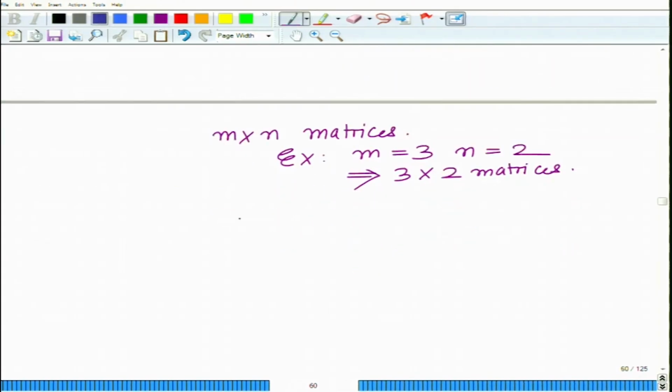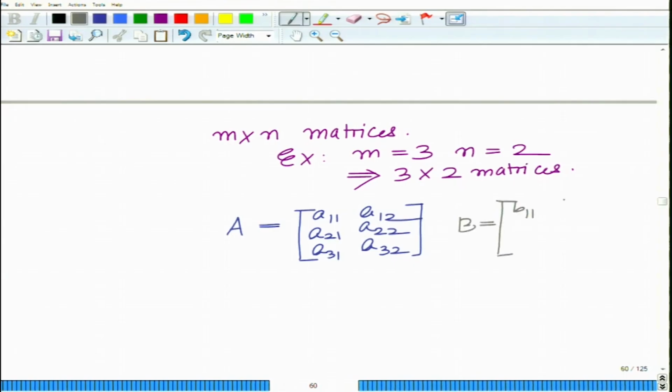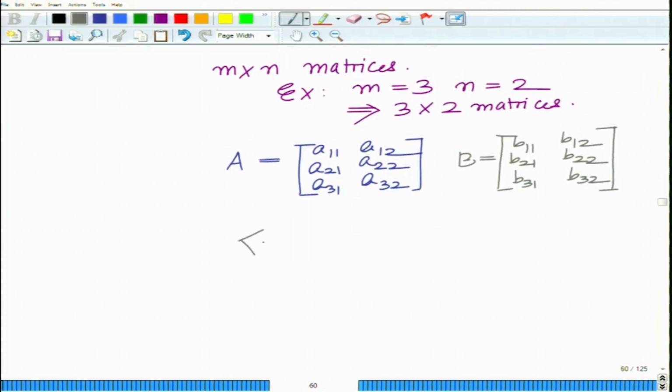For instance, the 3 cross 2 matrices are A equals A11, A12, A21, A22, A31, A32, and we have the matrix B equals B11, B12, B21, B22, B31, B32, and the inner product of A and B is defined as the trace of